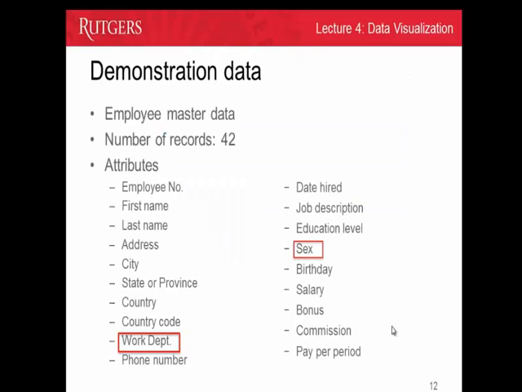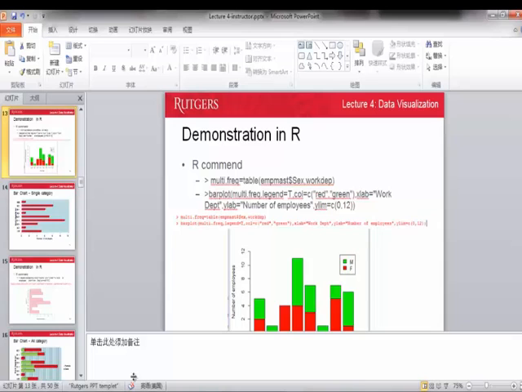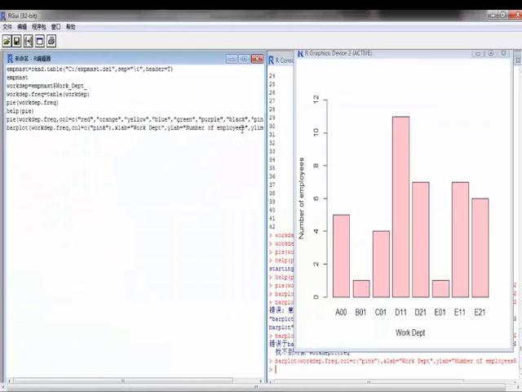Okay, so the data we used in this demonstration include the sex column and the work department column. Now I'm going to show you how to use this in R. First, we need to make a frequency table that includes the gender information. So let's define this as the multi frequency,